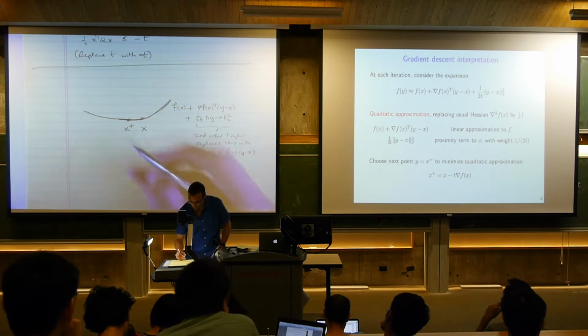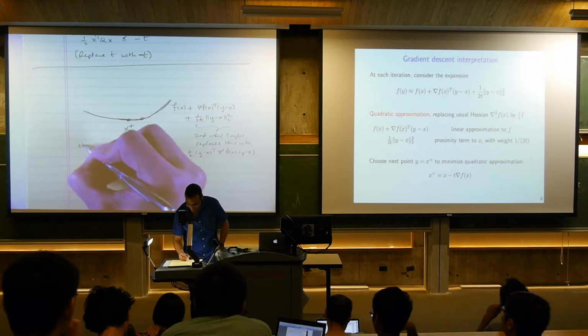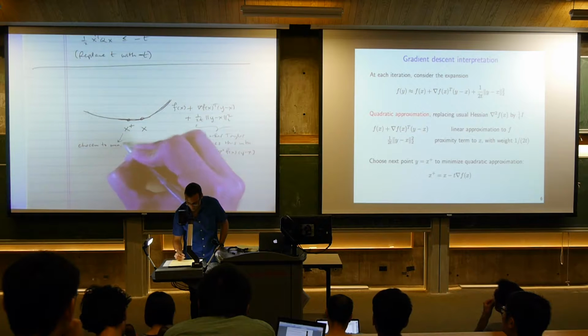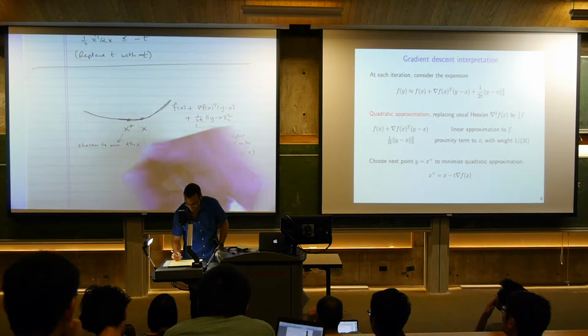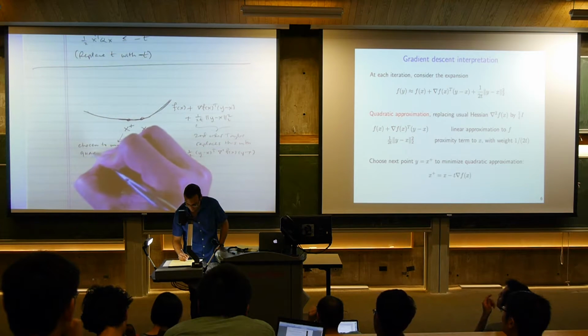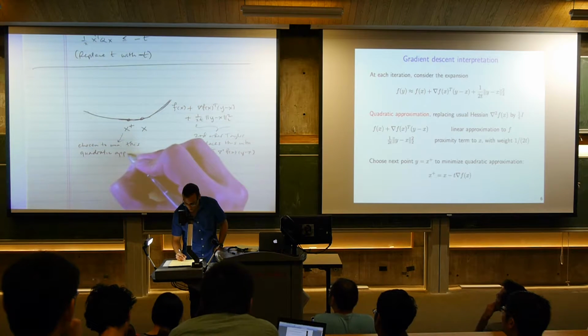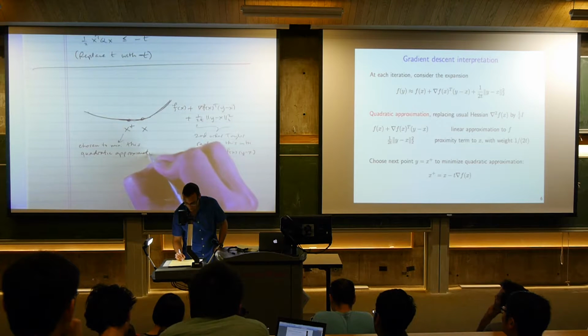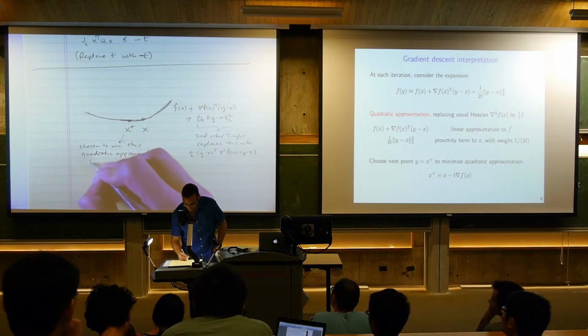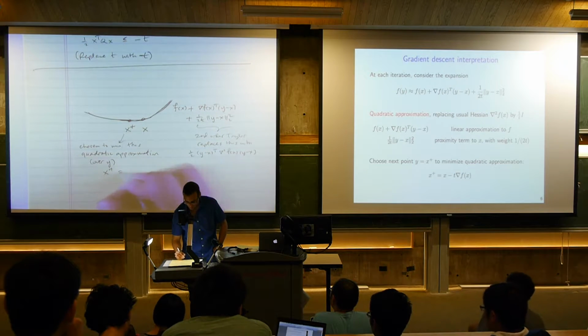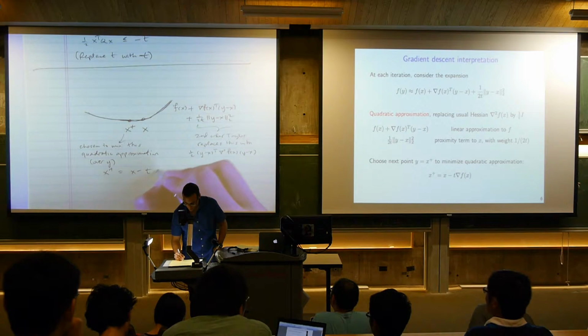And x plus is chosen to minimize this quadratic approximation over y. Over all y, I look at the point that minimizes it. And that point is x plus, which is just x minus t times the gradient